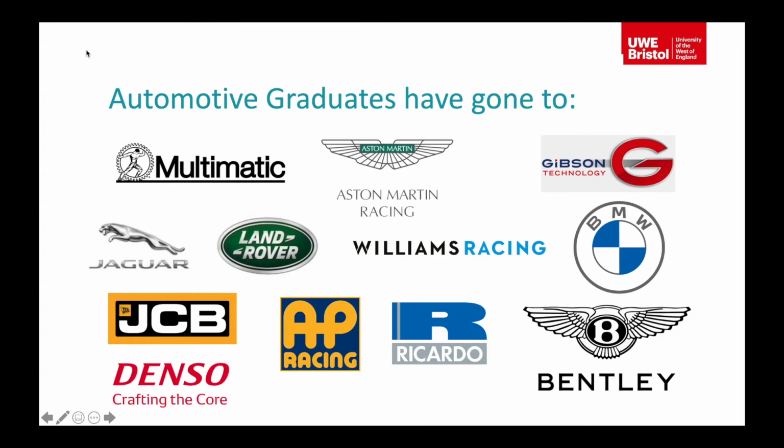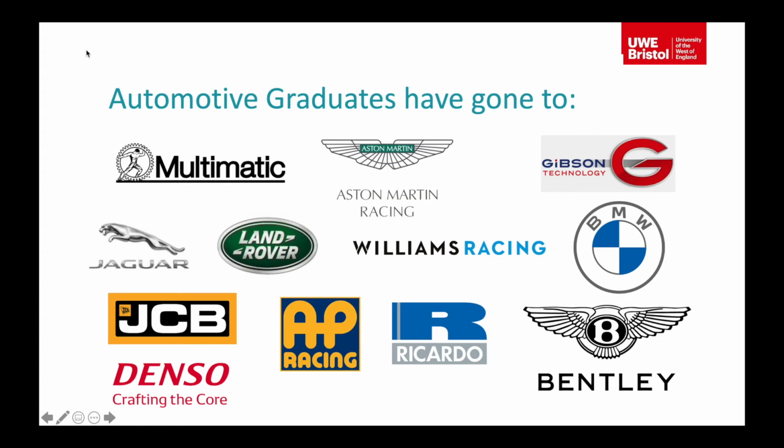Multimatic and Denso are some other big names in the automotive industry, as is Gibson Technology. So these are just some of the big names where students have gone to. And with the big companies like Jaguar Land Rover and BMW, you actually enter onto their graduate training schemes, where you get to experience a number of different areas of the company before deciding to settle somewhere specifically and focusing on a